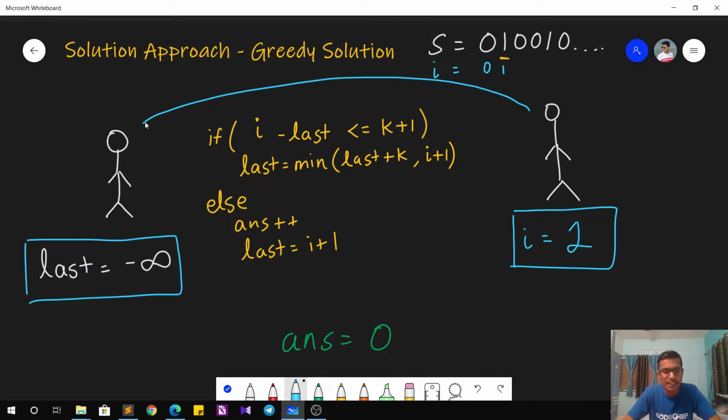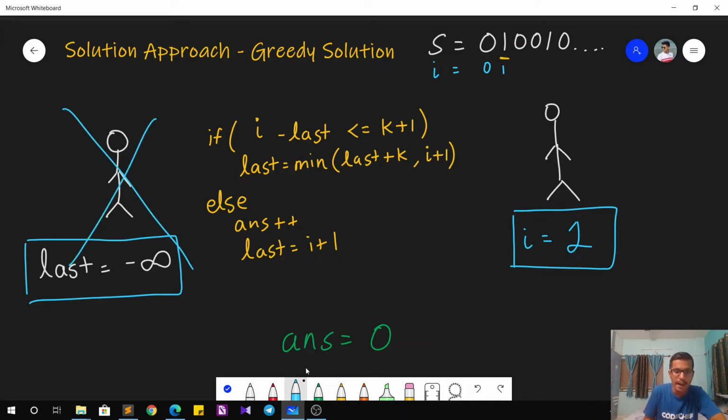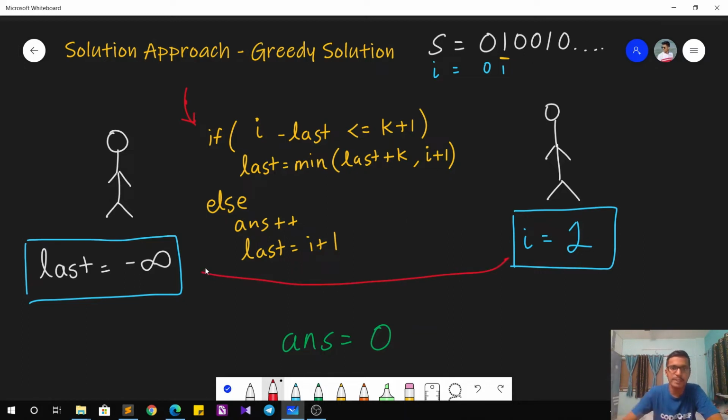Okay, so in that case, what do I have to do? I have to let go of this last person and start a new friend group from this person, because they two cannot be friends. If they cannot be friends, a person before that also cannot be a friend. So I have to let go of the last friend group and start a new friend group. The same thing you can see written in the code, which I'm marking in red. So first of all, I check whether the distance I minus last is less than or equal to k